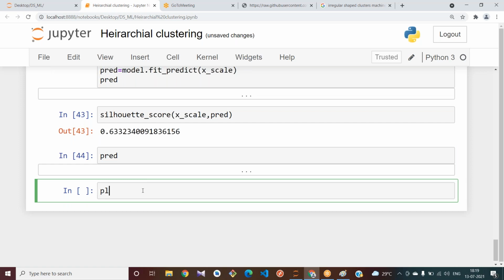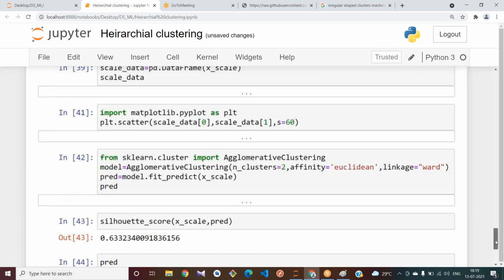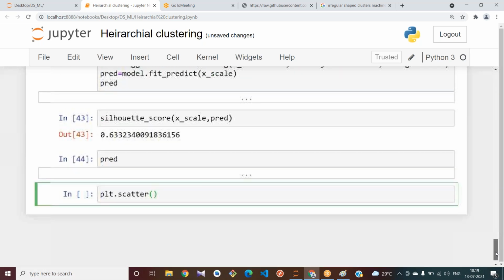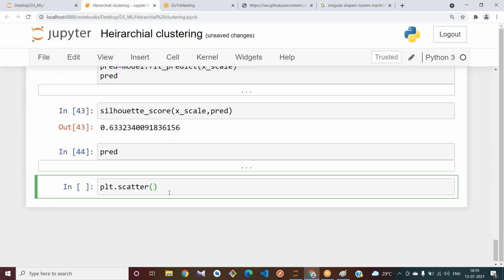How do we plot that? Let me use the scatter: plt dot scatter of. Okay, how many clusters we have used here? 2 clusters, right? Let me extract the values here.